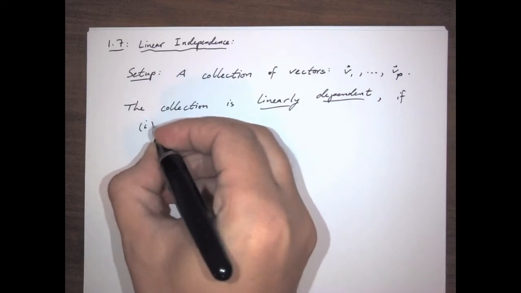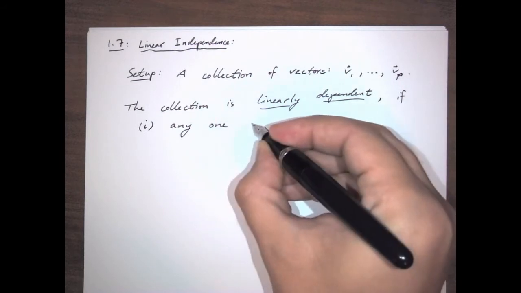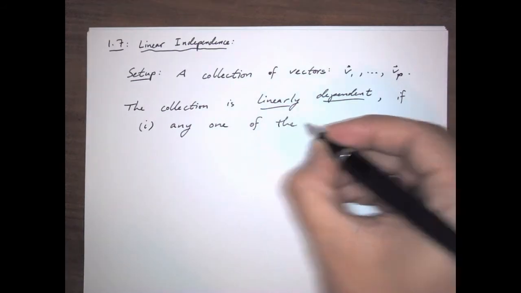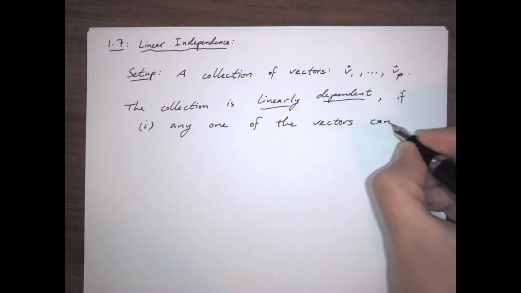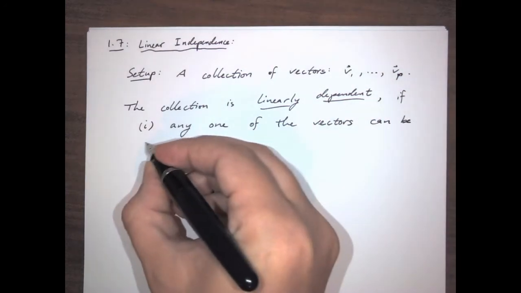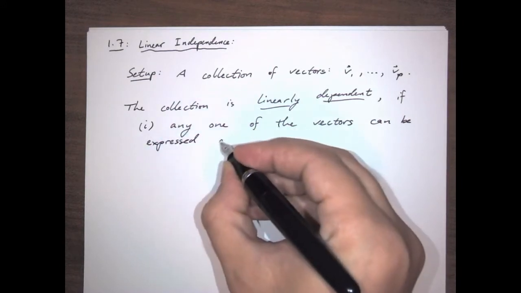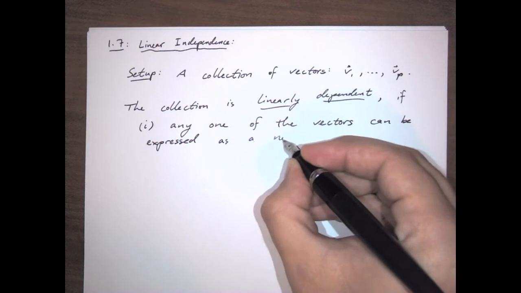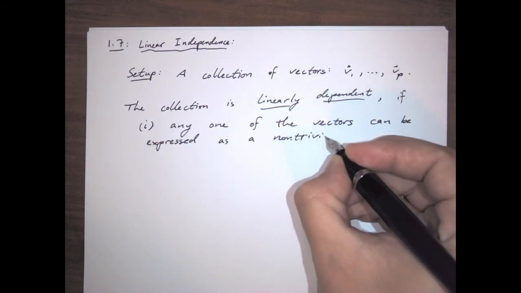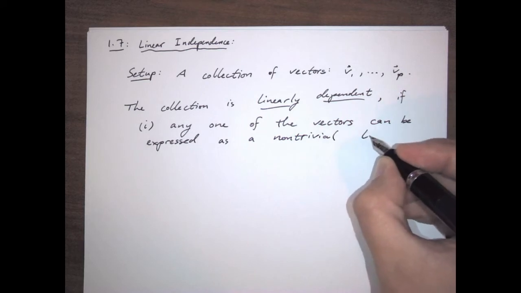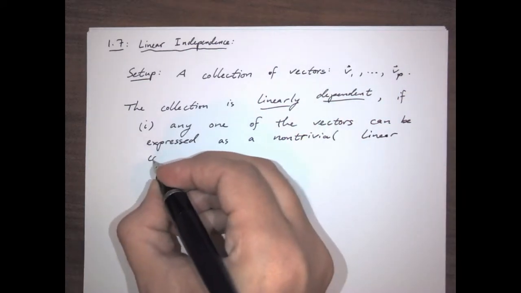The first way is: any one of the vectors can be expressed as a non-trivial linear combination of the others,